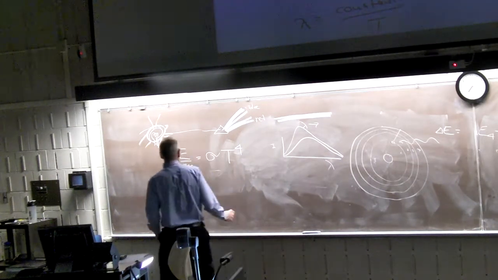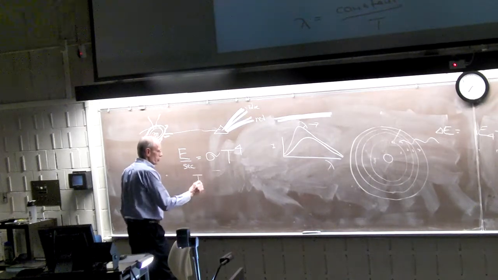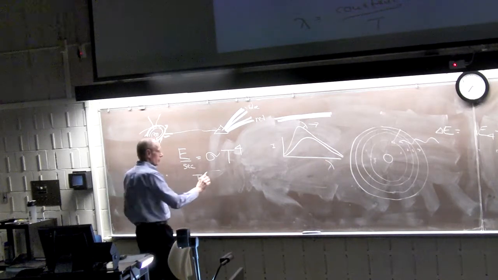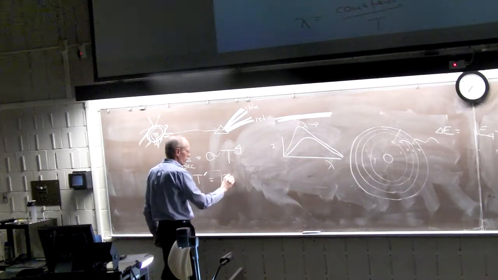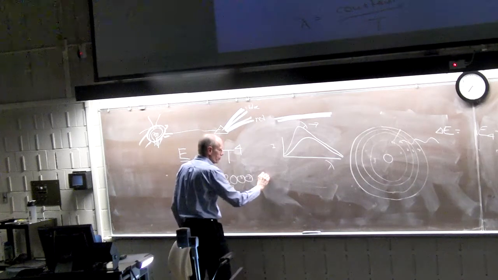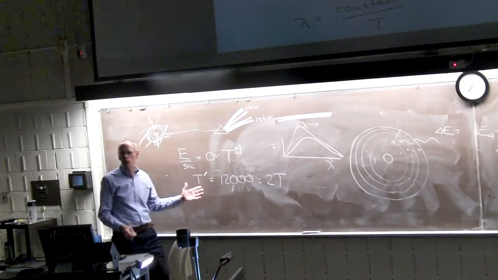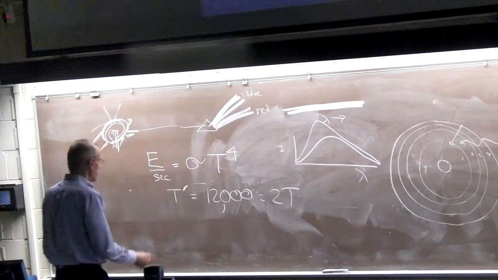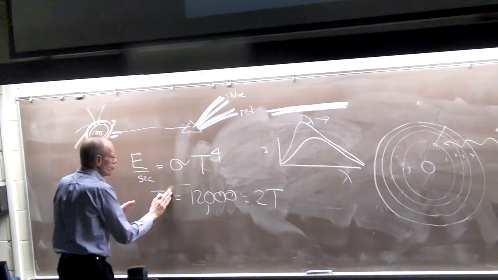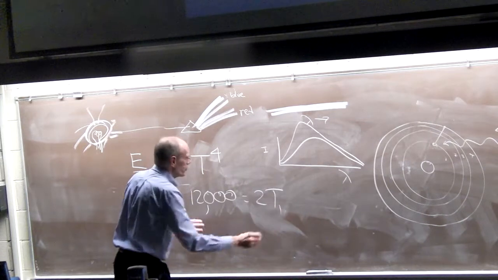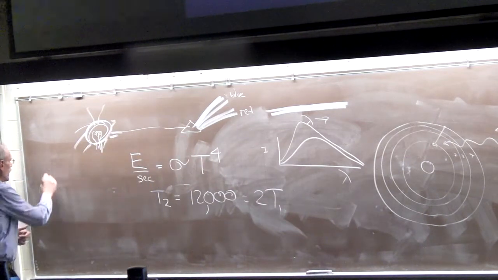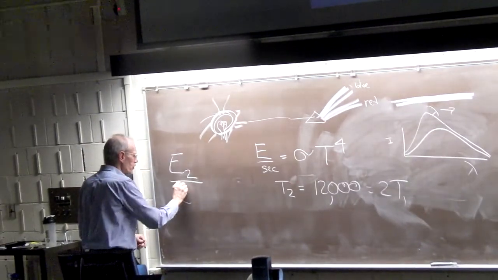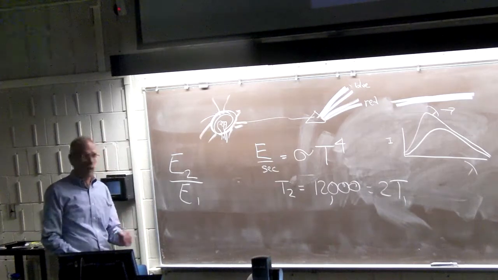Then I say the temperature of this new sun equals 12,000, which equals twice the temperature of the real sun. So I put a prime to show that that's the change, the new one. How does the energy, well, let me use 2 and 1, we can do it either way. Then the energy in this new case with this new sun compared to the original energy from the sun is